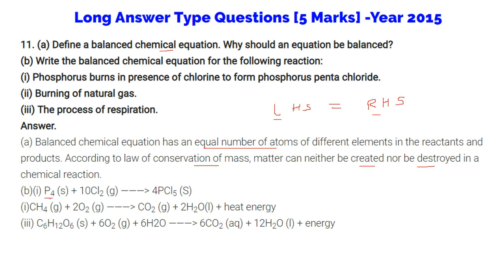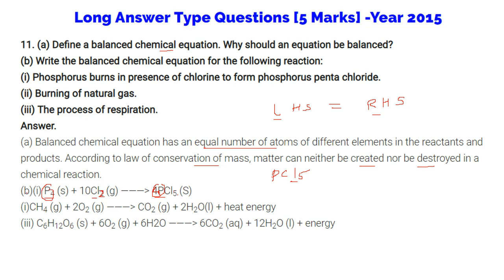We know that phosphorus P is burned in the presence of chlorine Cl, and this forms phosphorus pentachloride. Now this is PCl5, so we have to have 5Cl here. But P, because this is P. Now chlorine cannot exist like this. Chlorine has to exist as Cl2. So when we put 10 here, we have to put a 4 here. And since 5 for the 20 is okay, now this is 4P, so we have to say P4.